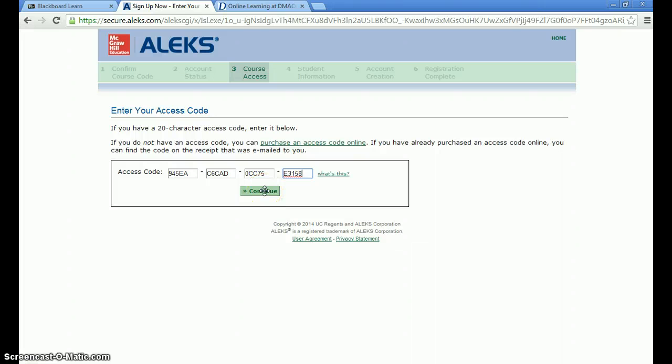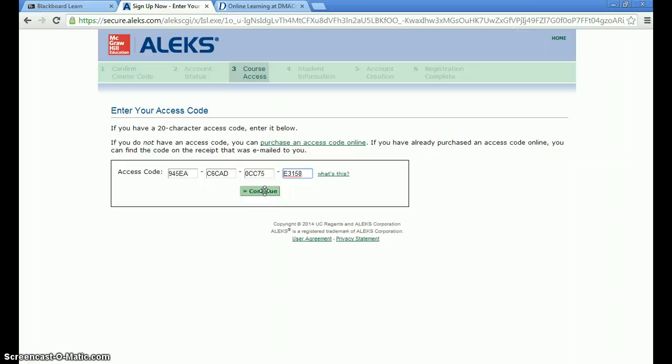Now this is about all I'm going to show you right now of ALEKS. It's pretty self-explanatory. It'll show you how to use the palettes and everything. And your job this week is to try to get through the initial assessment, which will assess what you know and don't know about beginning algebra. Don't freak out about it. Just be as honest as you can with it.